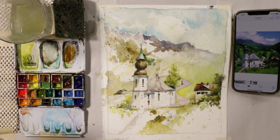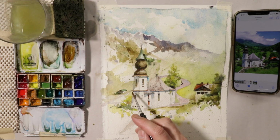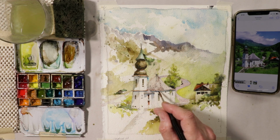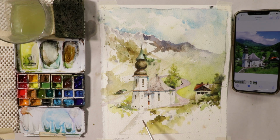Okay, let's get started again here. We're going to finish up our last bit of details for this painting. You'll notice I added a very, very light wash of burnt sienna right there, to these lower rooftop areas that go around here. They're very small roofs, just small details, as well as the eaves of this rooftop of the main church